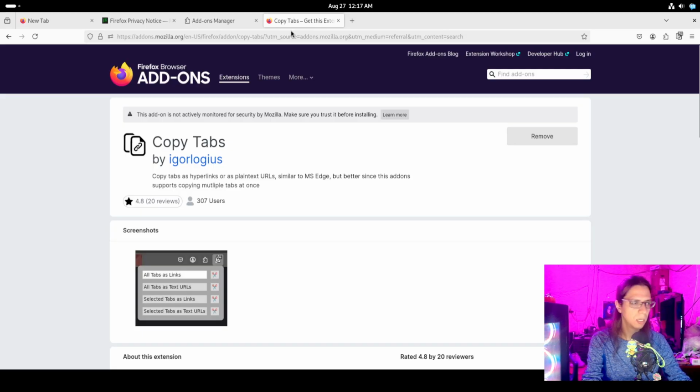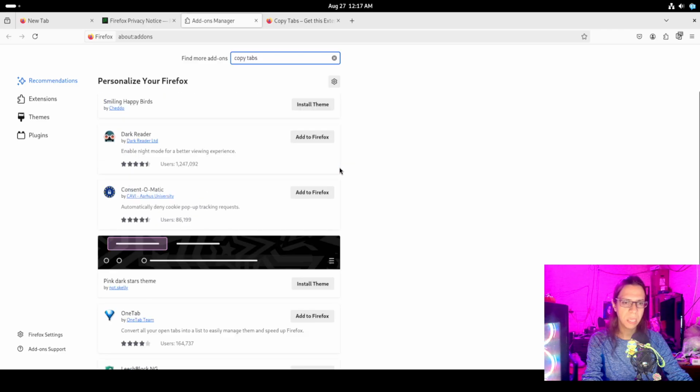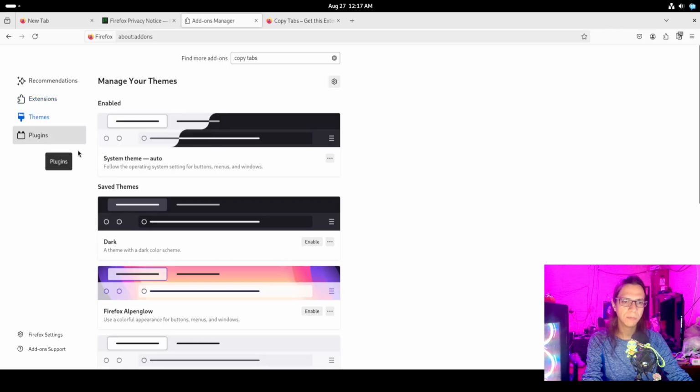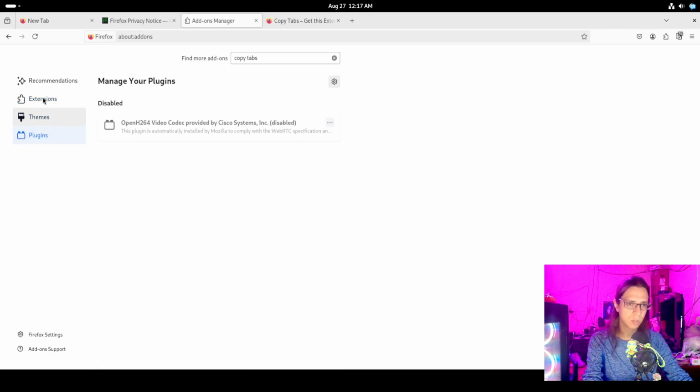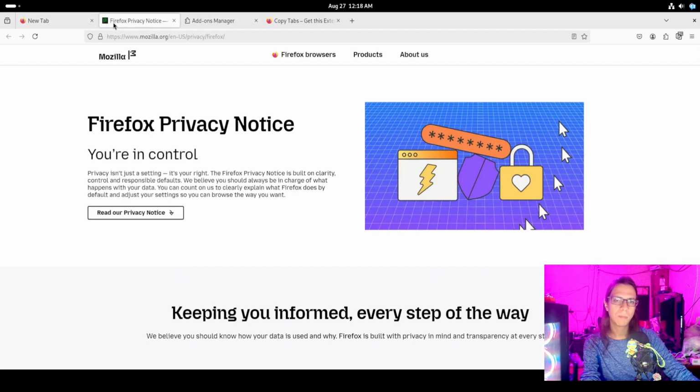But as you can see here, these add-ons are quite useful for Firefox, and you can also add themes and extensions. You have plenty of extensions and themes, which is fantastic because it gives you the possibility to personalize everything as you actually want it to. So that's